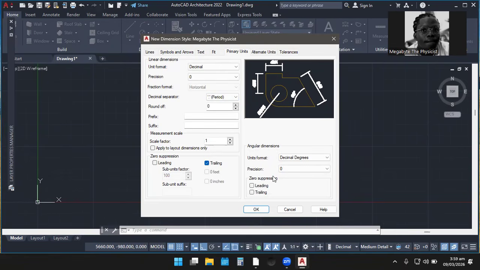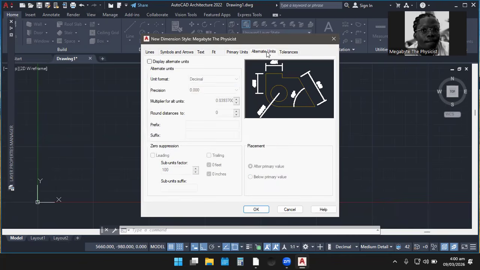Let's come to the right side. The angular dimensions. That is the first one where you can see the decimal degrees, and the precision is 0 as we activated, which is also quite cool. So there is not more work over here to do. We can maintain it this way so that it can conform with the smart standard. Exactly. So after we are done with our primary units, let's quickly go and activate our alternate units.